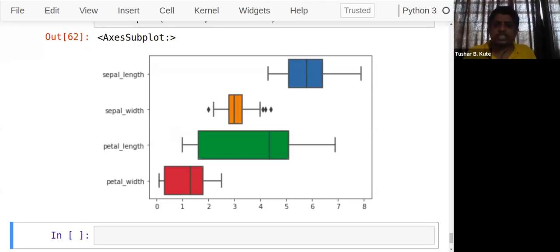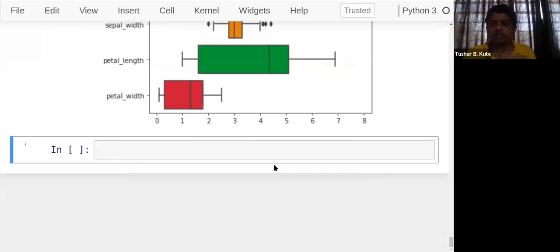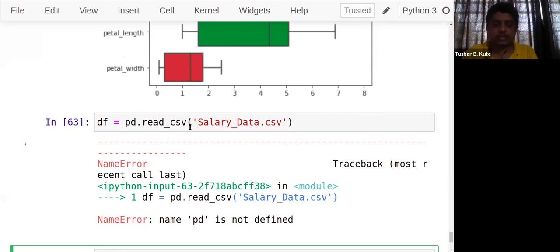So both almost work in the same way, but let's talk about how to plot that data. So what I want, let's take the data set of tips, and there I'll show you total bill against the tip. On x-axis I'll have total bill, or let's use some different data set. I'll show you that one. I have a data set with me, so it's very easy to understand and perform the operation. So in future, if you are using linear regression, this method will show you the correct idea of using this data. So this is a data set I have with me. pd dot read_csv. I'll show the data set. It contains salary information actually.